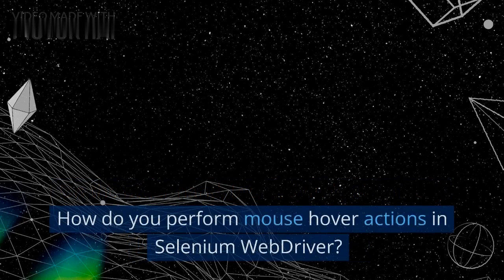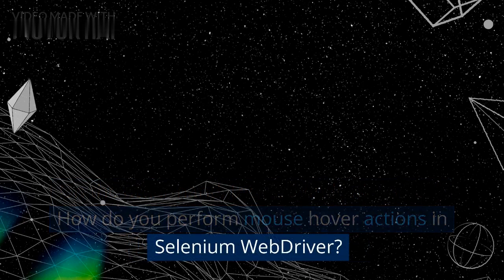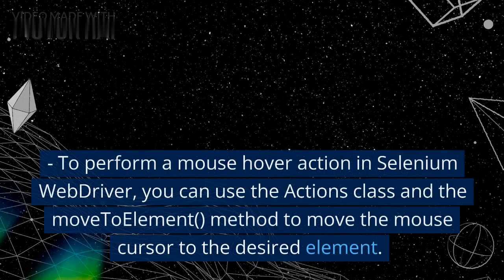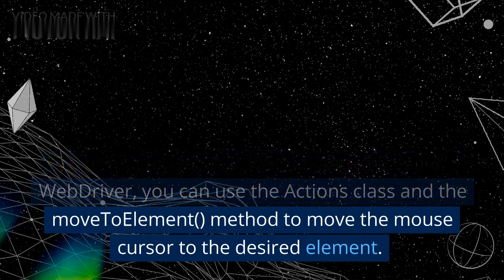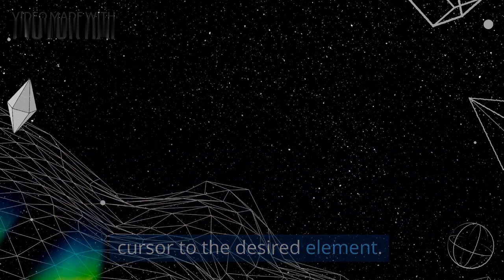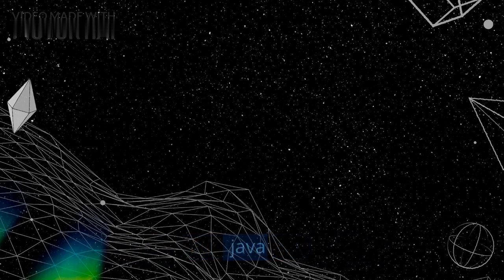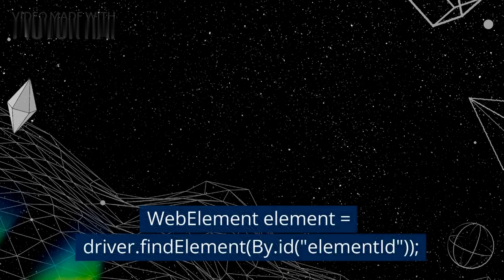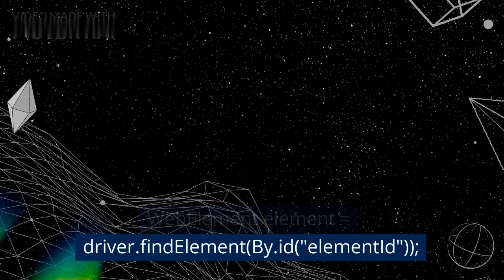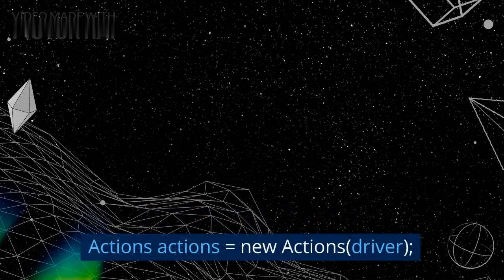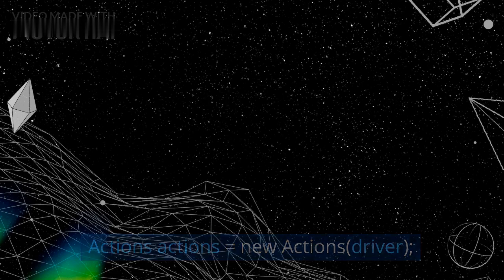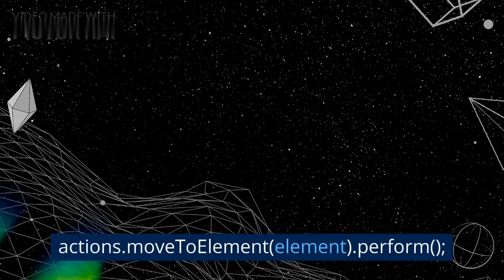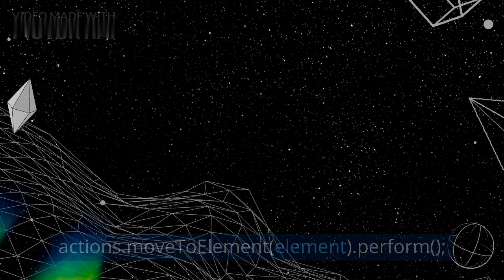37. How do you perform mouse hover actions in Selenium WebDriver? To perform a mouse hover action in Selenium WebDriver, you can use the Actions class and the moveToElement method to move the mouse cursor to the desired element. For example, in Java: WebElement element = driver.findElement(By.id("elementID")); Actions actions = new Actions(driver); actions.moveToElement(element).perform();